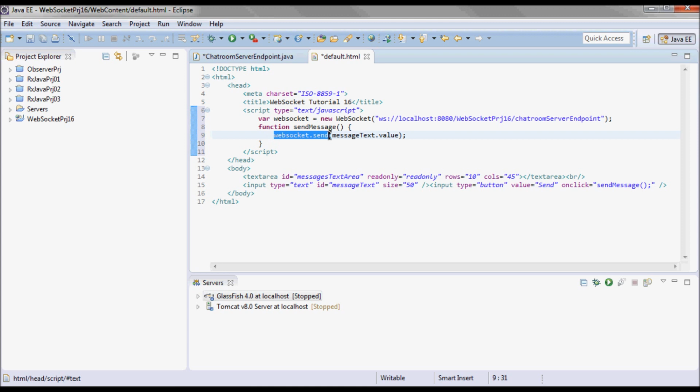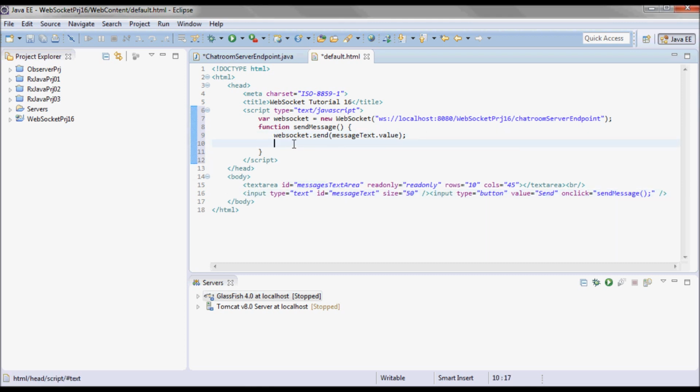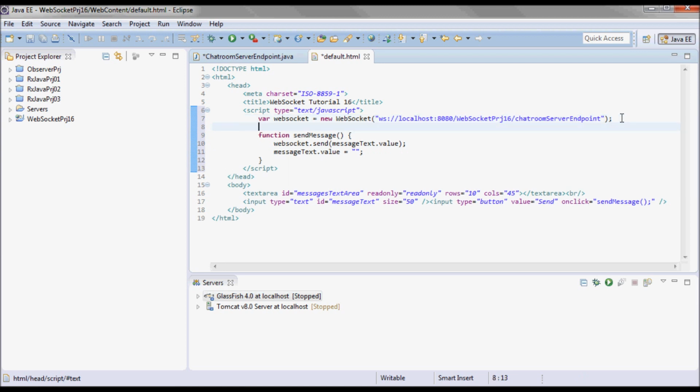So WebSocket.send, and the message is gonna be the content of this text input field, and I will clear out that field after sending the message. And when a message comes in from the server, I will be handling it here.